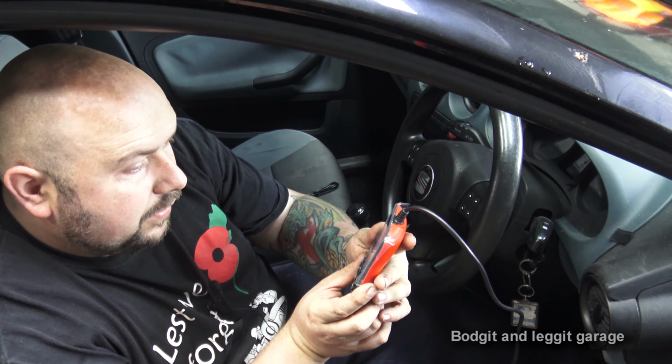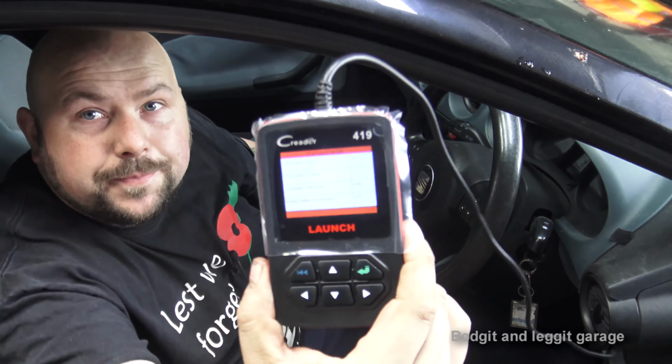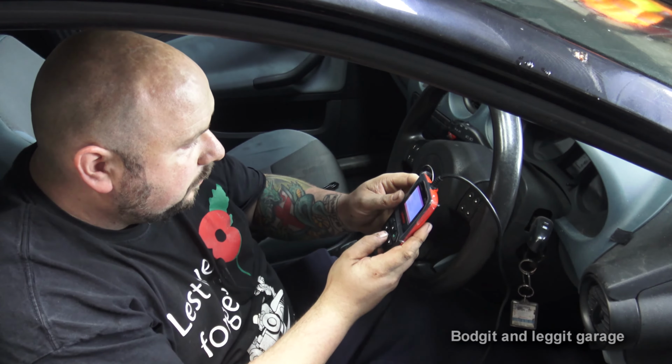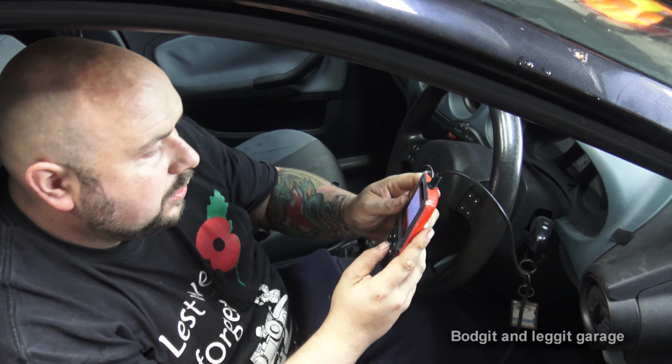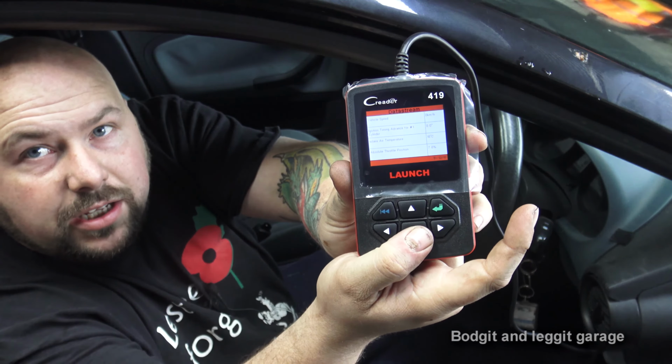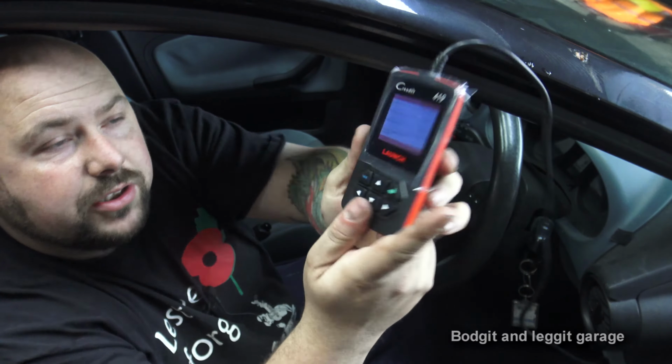We have 18 pages, and there's 4 on each page. So as you just scroll down once, it will actually change. You can just see that, change the...